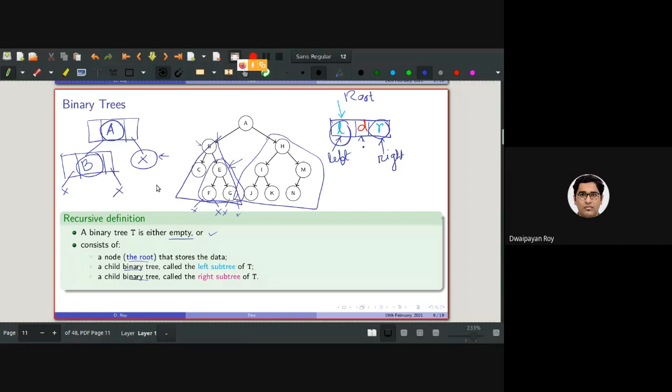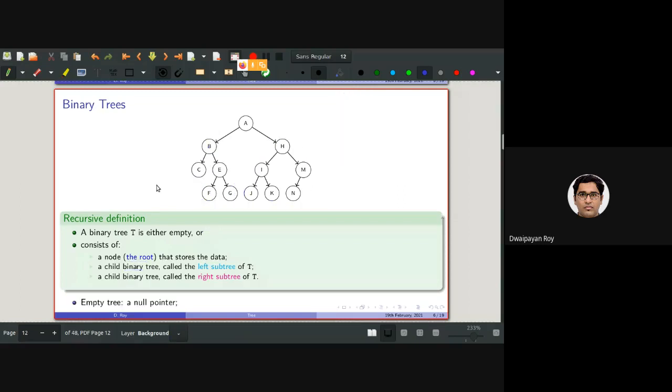Okay. So again, formally defining, an empty tree is just a null pointer. It basically represents a binary tree with no element, as we discussed here. So if A is the only node in the tree, it contains three members. One is the data, which is storing the value of A. One is the left child pointer, and one is the right child pointer.